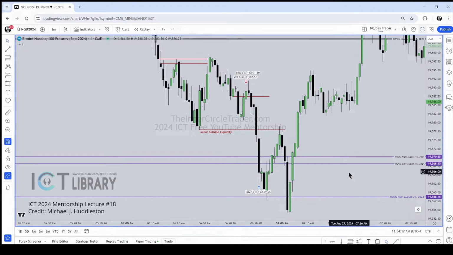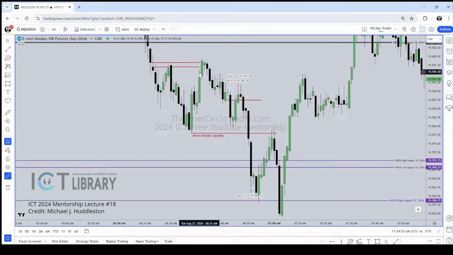If you look at what we have, the time of day here and the next one's here. Okay, so what I'm watching is we had already traded up into this volume imbalance there. We went lower, and then we went one more time, bumped it. And remember I was telling you earlier that the bodies of the candles can go just a little bit outside of the PD array. The high of that PD array is this candle's close. So when we went above it here with this candle's close,